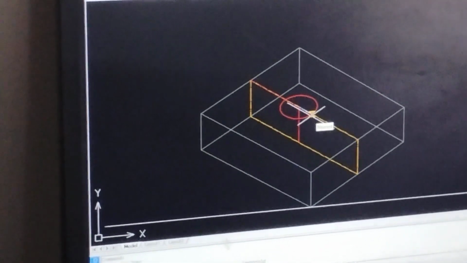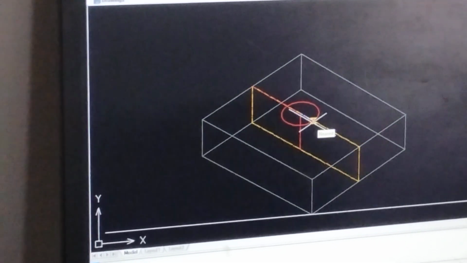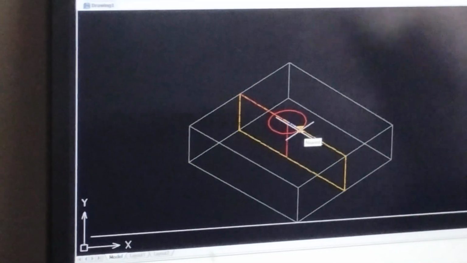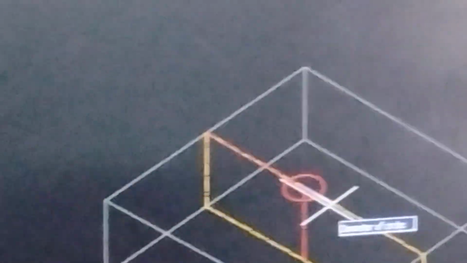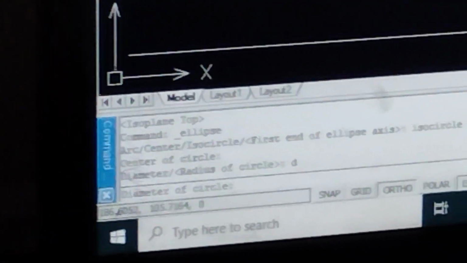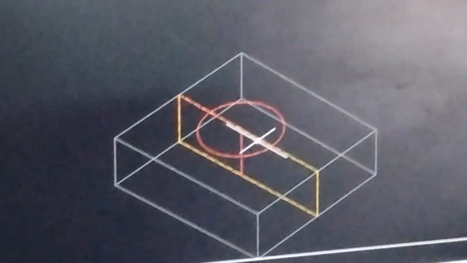Diameter. The outer one is given as radius and the inner one as diameter. Okay, so if diameter is given, then after selecting the center of the circle you can mention D, enter. Okay, it is asking you the diameter of the circle. So what is the diameter of the circle? 30. So enter that value and press enter. Got it? Escape.